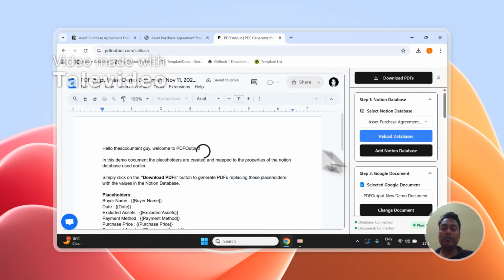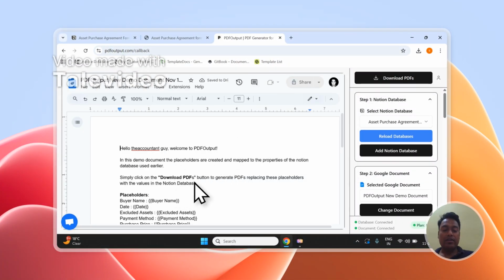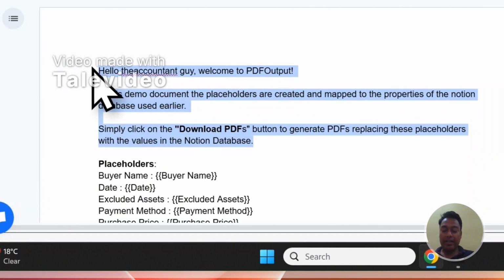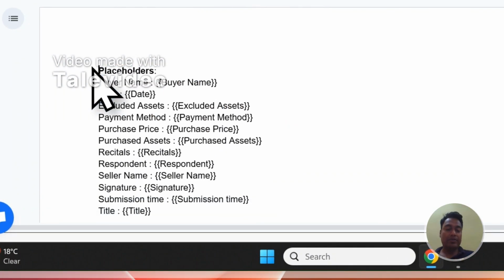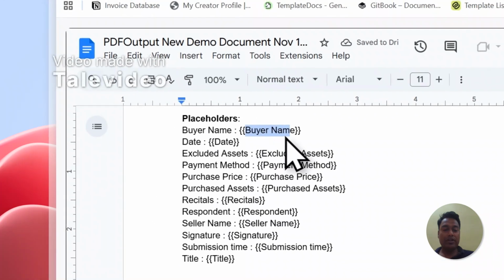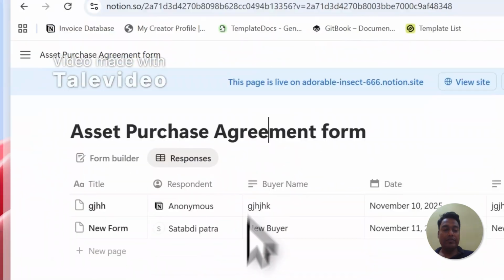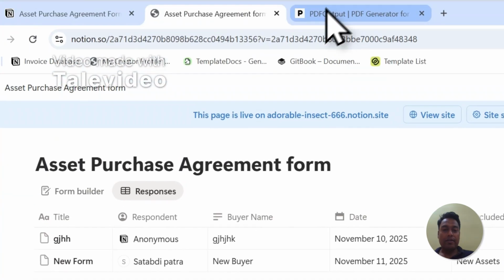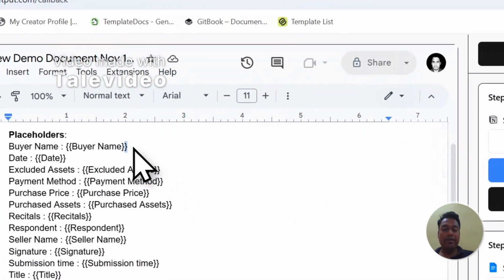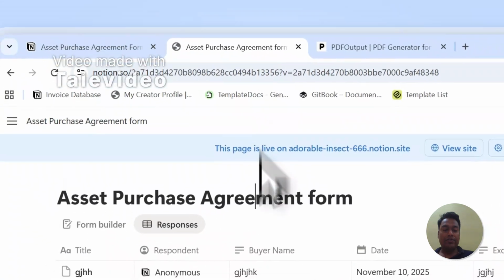So if you have an existing document, you can add through an existing document. So let us remove this part which we do not need. And if you closely observe, it has created all the placeholders inside double curly brackets. So these are the exact placeholders which match the Notion database properties. So when the PDF file is created, it will replace the buyer name field with the buyer name value